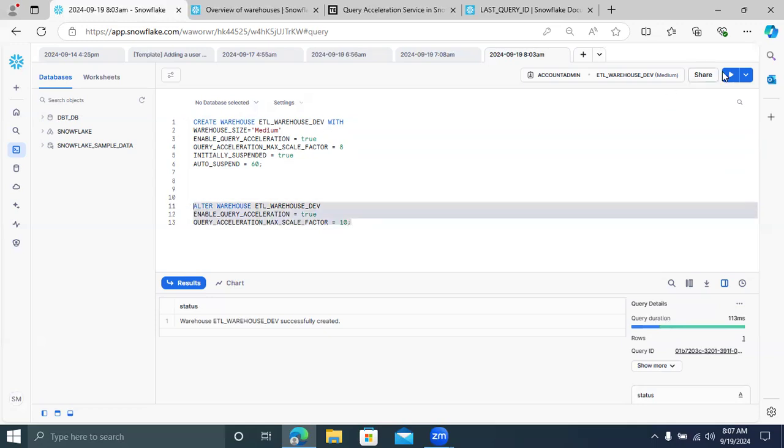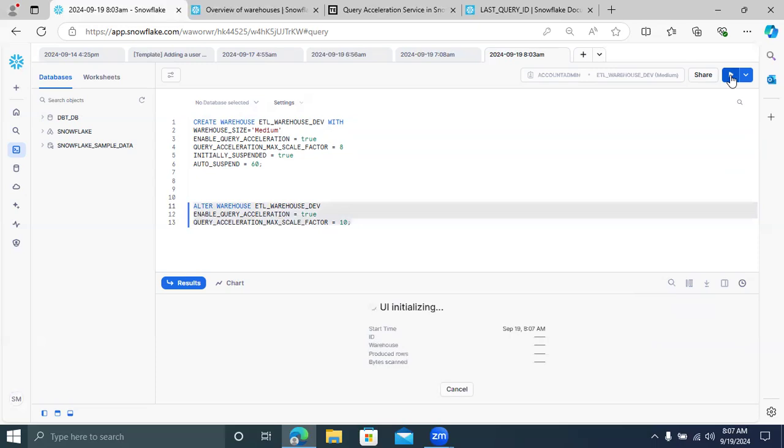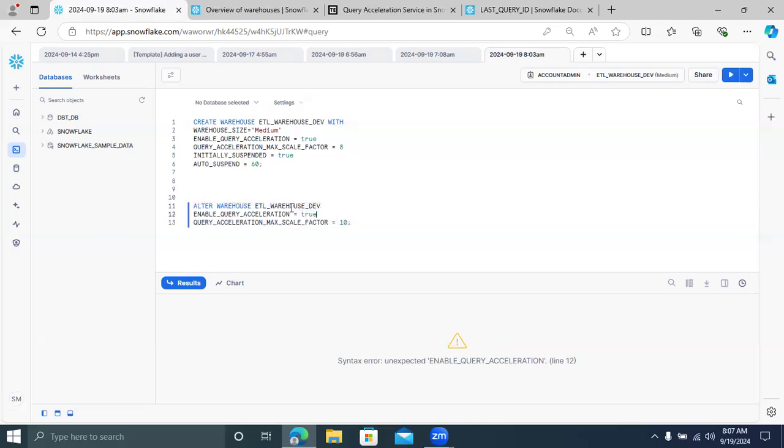That's it. Now I can see an unexpected enable query acceleration error. Okay, one second, guys. I think there are some issues.